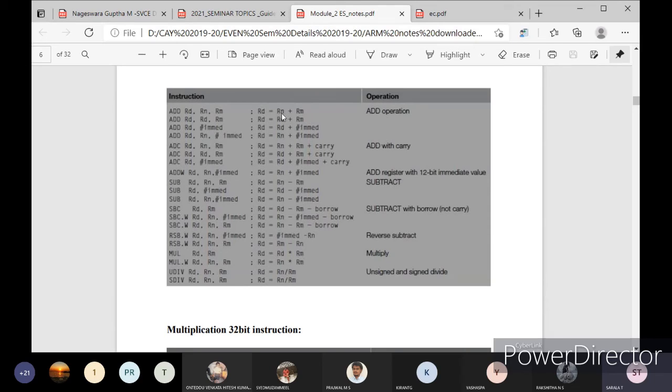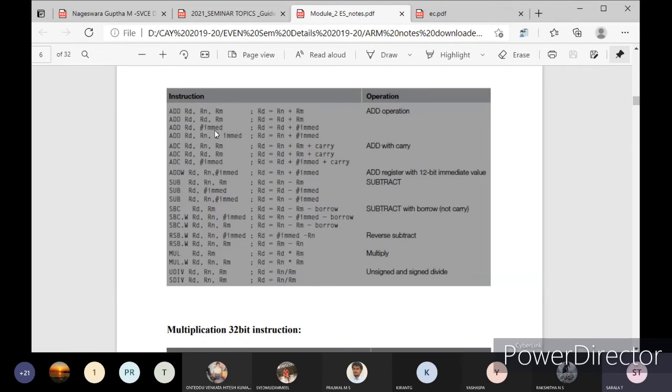Rn and Rm are two different register values. You can see both are added and stored into the destination. This is one operation. The same destination register can be repeated when you use the same register to store the result: Rd plus Rm stored in Rd.